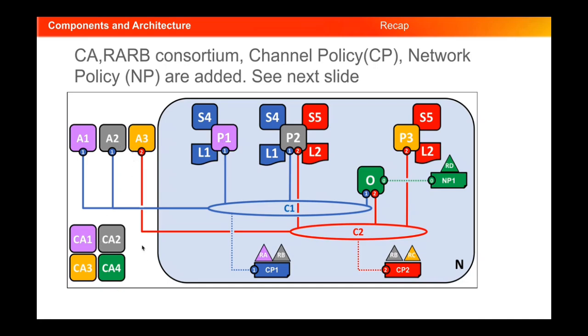So this is how the peers and applications and certification authority and the formation of consortium and ordering works. As you can see, we have only one orderer here, which is handling both channel 1 and channel 2. And this orderer is responsible for taking all the transactions and creating